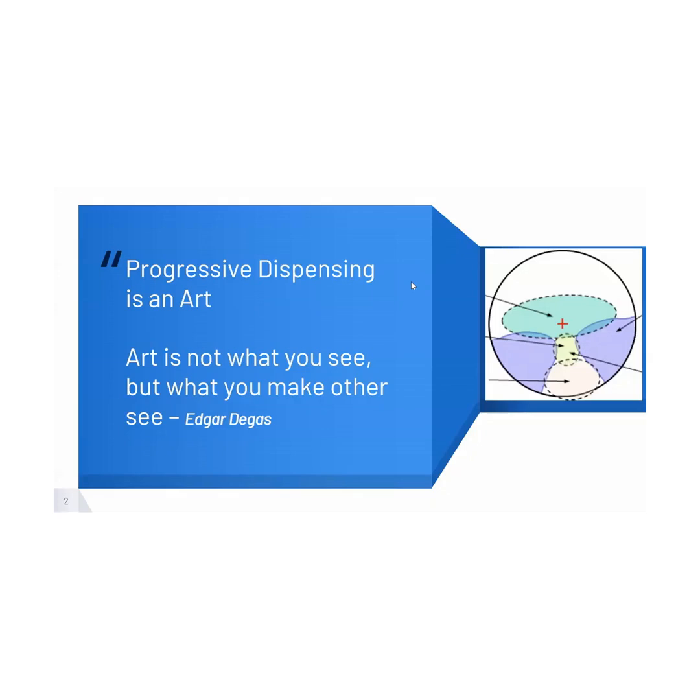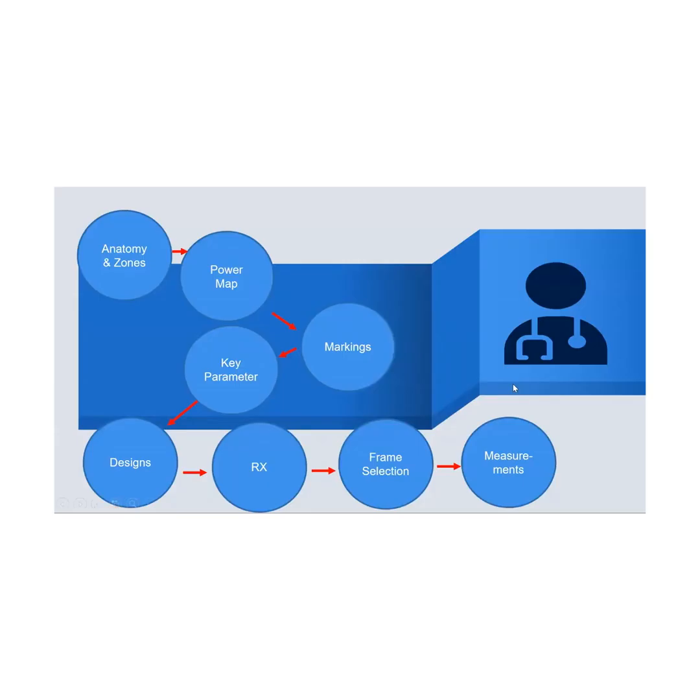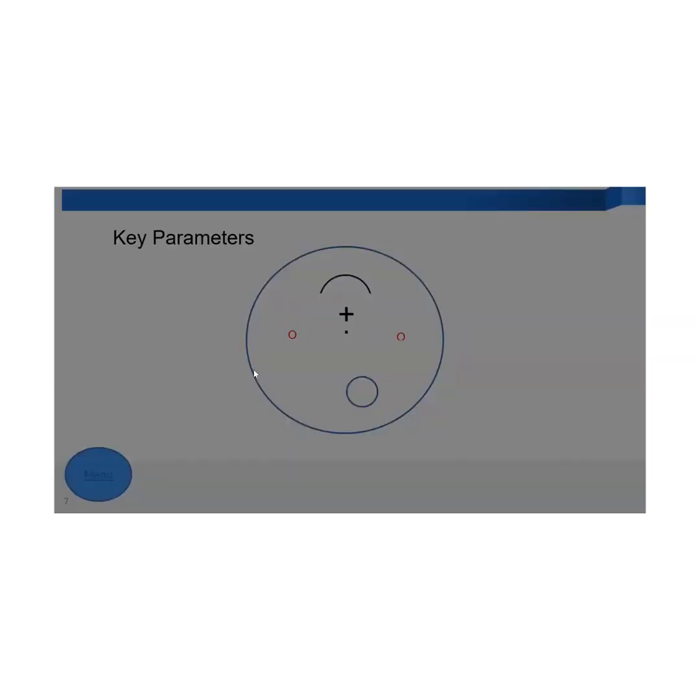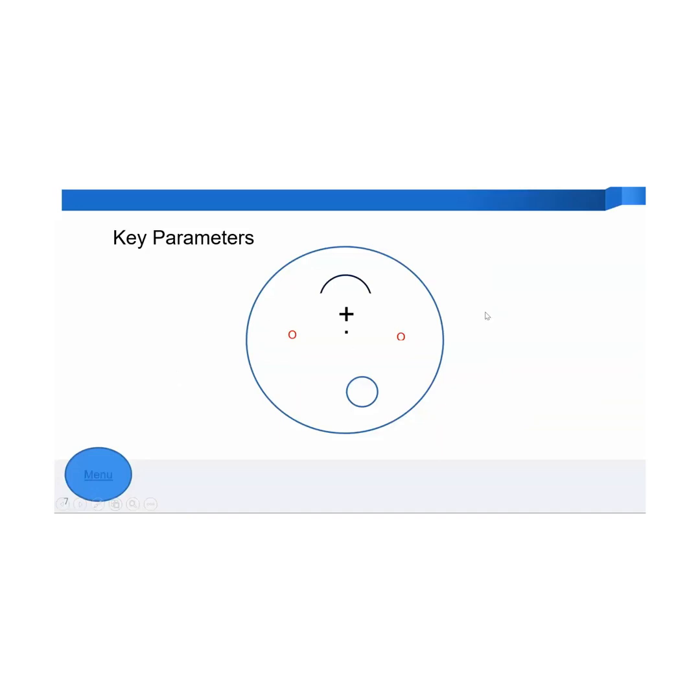Like parts of the progressive lens, what we should be knowing. So I'll just go there. We spoke about anatomy, we spoke about power maps, markings on the progressive, key parameters. I would want to again just touch base on the key parameters. Ideally, we were discussing about this,